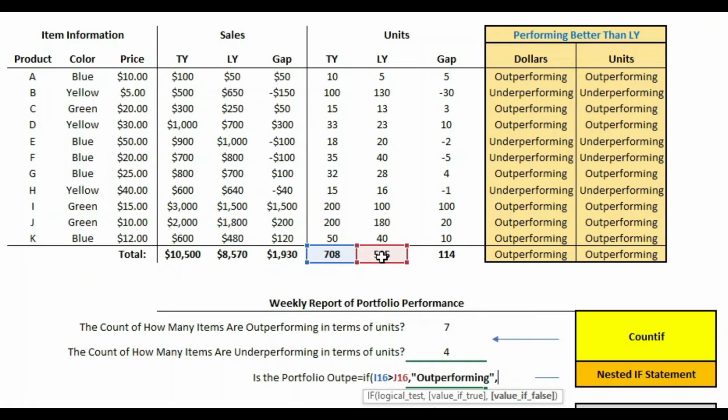However, this is where it changes, because we're going to put another IF inside of it, and we're going to do I16 again, but this time we're going to do less than J16, and we're going to put our comma, and we're going to put underperforming, and we're going to finish this off just like a regular IF statement, and we're going to put quotes,